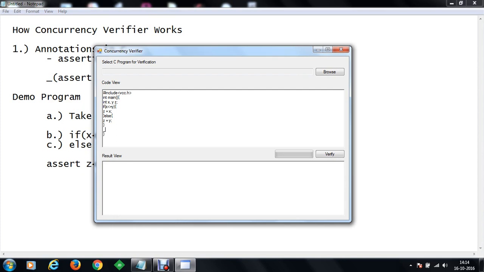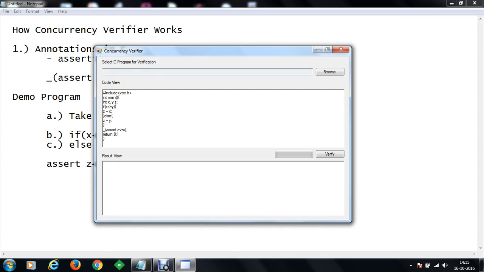And at this moment we are going to assert. So we have created an assertion, an annotation tag, and the name of the annotation tag is assert, and then we are going to put the condition that z will always be lower than or equal to x. Okay. And finally we are going to return 0 after safe execution of the program.